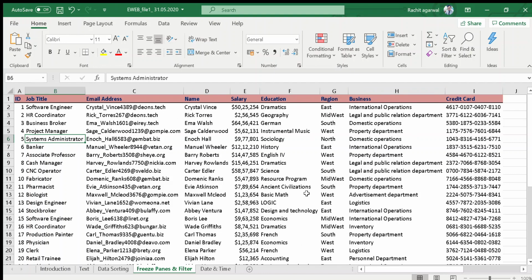Second is your criteria. Like in the basic filter I have the criteria as region, but for the advanced filter we also have the criteria on which we want to filter the data. All right, so first is your data, second is your criteria, and third one is your location or destination, like on which place, on which sheet you want to paste the data. So these three options are mandatory to apply the advanced filter.